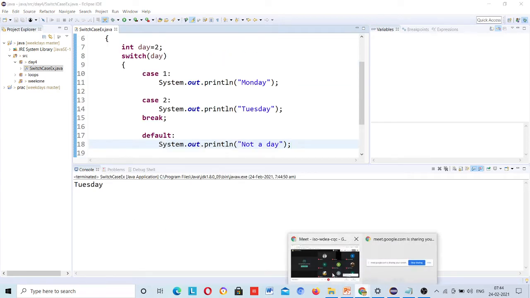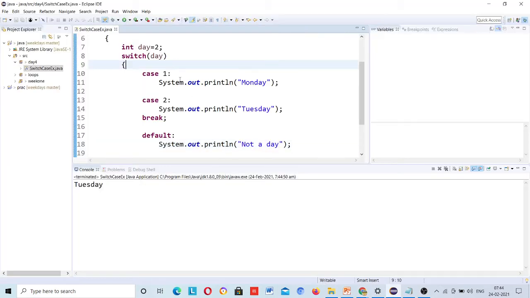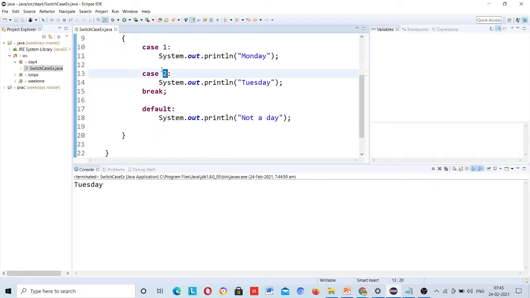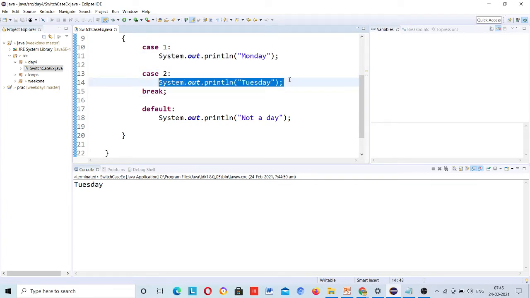Okay, sys out not a day. Just run this program and see your output. What is your output? Tuesday. Okay, now somebody answered. Yeah, Tuesday will be printed. Why? Because if you have given day as 2, it will directly jump to case 2 and print this, and of course there is a break.